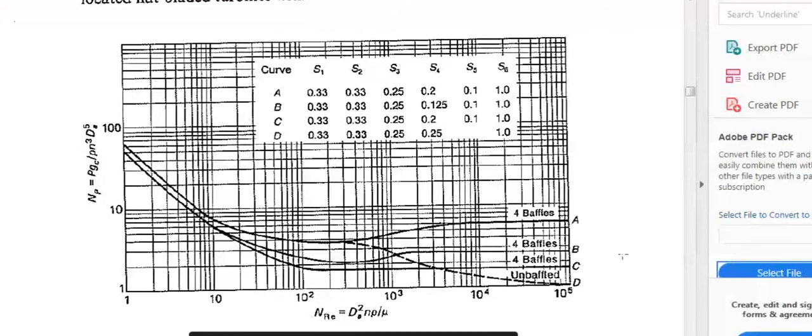Now here, the data which I gave you in the first problem is for a baffled vessel. As I said, for the unbaffled vessel, the curve is different. You see my screen. For example, in the morning I gave for baffle, curve A. But in the second problem I gave for D, it is an unbaffled tank. So in the unbaffled tank, the power functions will be varying. So what is the step? At least listen now, learn now.